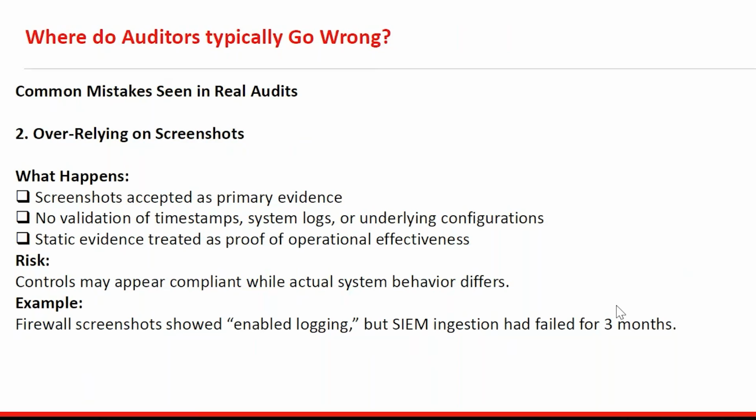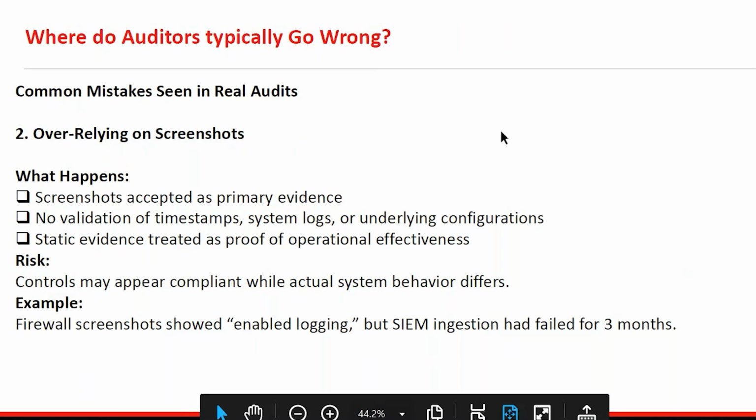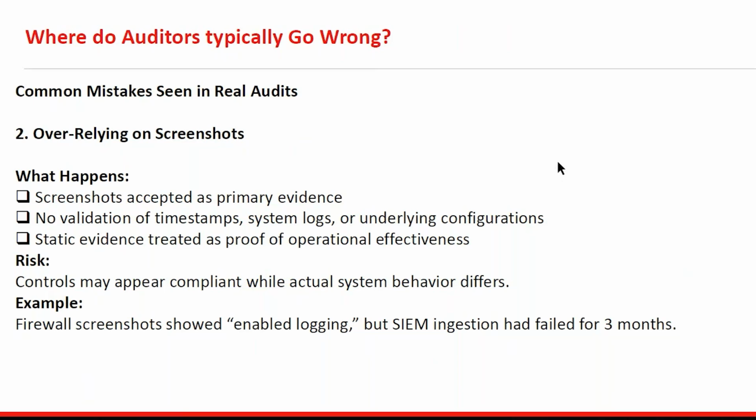There is no team which is going to come and tell the auditor that, hey, I have a problem here, right? They are only going to present their best case. So as an auditor, how do I look beyond that? What are the questions that I'm going to raise? Right, that is where you start differentiating yourself. If you're just going to depend on the screenshot, it may not give you a lot of unknown information, right? Third,